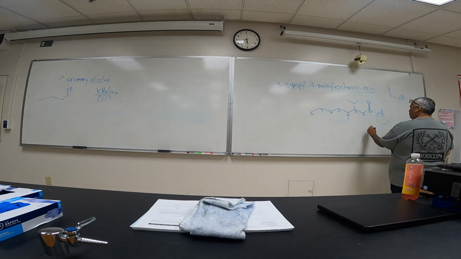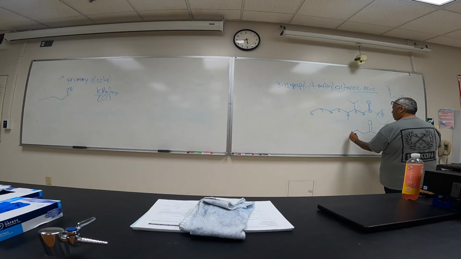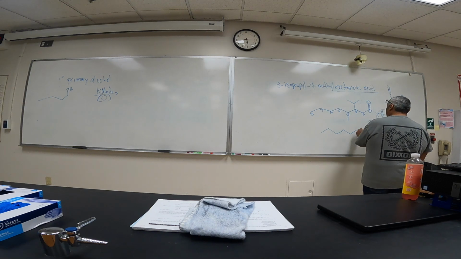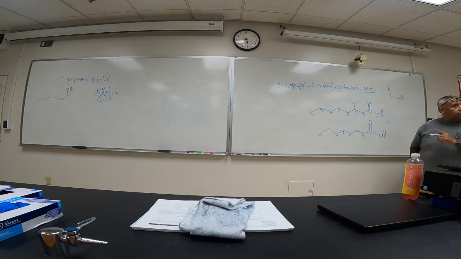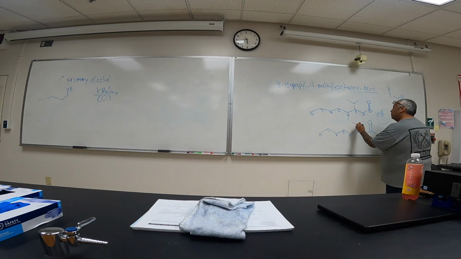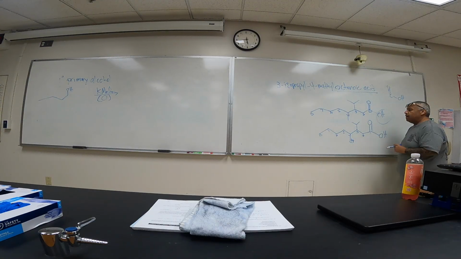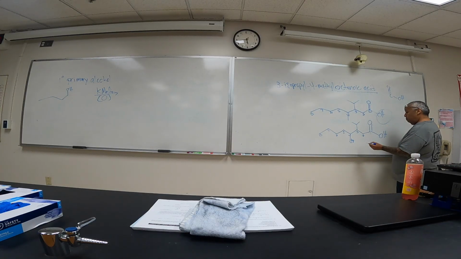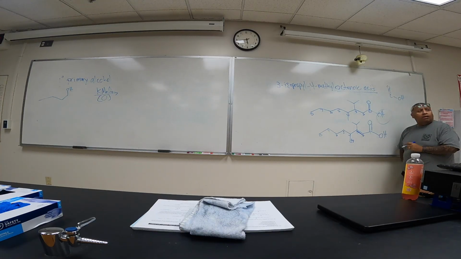Let's do this. Let's stay with this structure here. I'm going to redraw it, and I'm going to make one change to it. And we're going to name this structure. Okay? So on carbon number 3, we still have this isopropyl. On carbon number 4, we still have that methyl group. But how about, I've now put in a double bond,